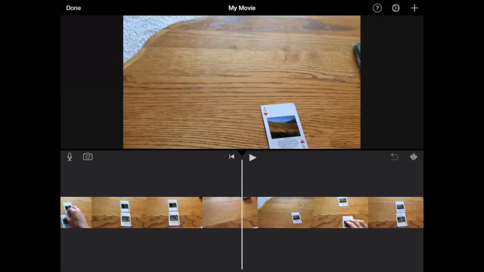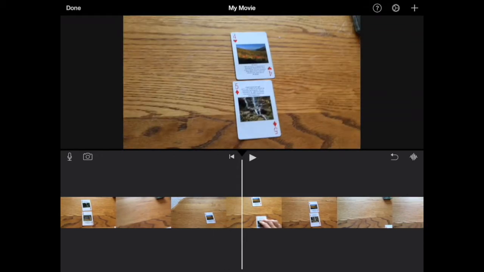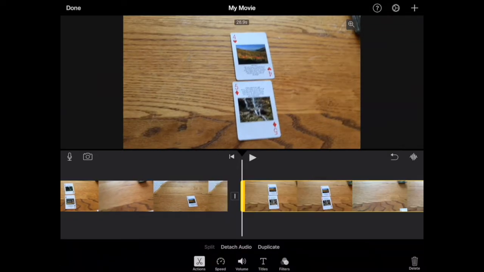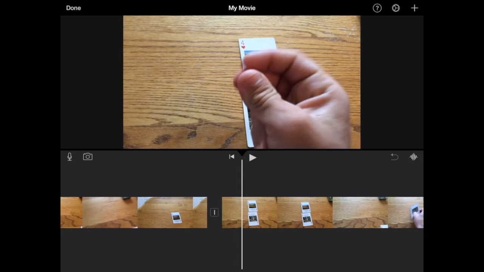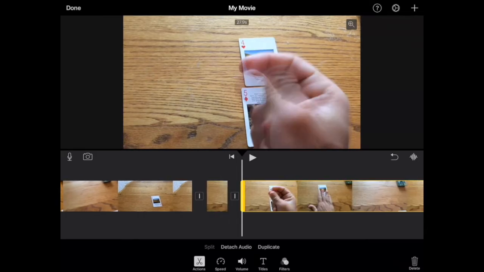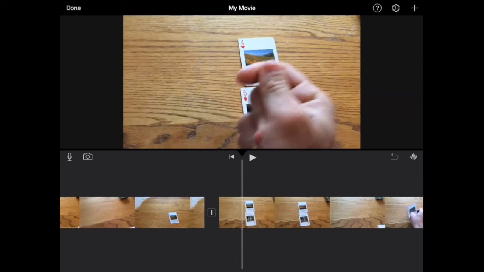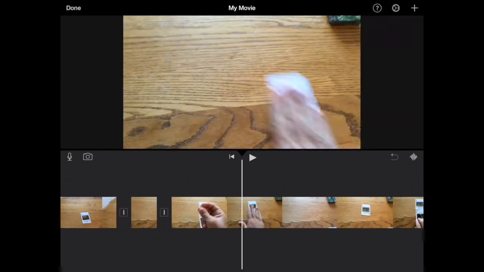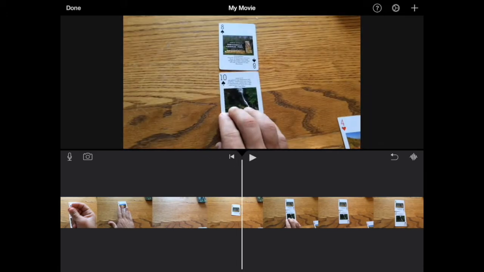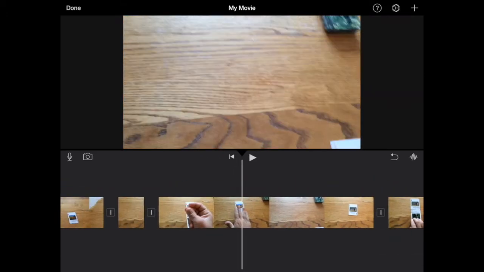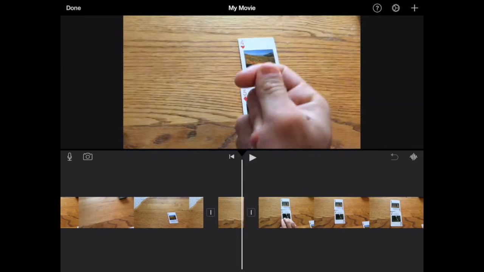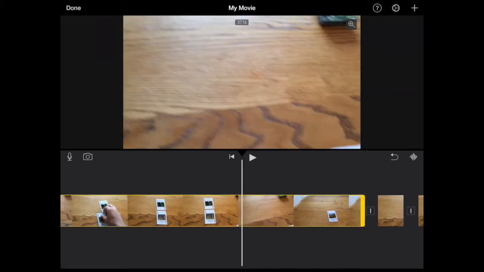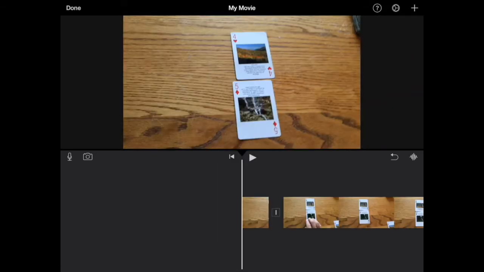Now I'm going to take some time to finish editing my Simplifying Fractions video. Watch closely on the bottom of the screen and you will be able to see the edits that I am making to my video clips, such as splitting the clips and creating short transitions in between them to make a more effective and engaging video for students. As you can see, I was able to make some splits and delete some clips in order to create this